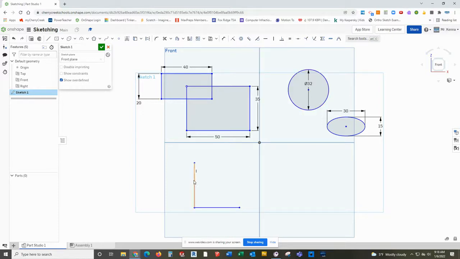Equals is a cool one. So if I click one, I hold the shift key on my keyboard and I click a second one. So you'll see that both lines turned orange. If I click equal, then the relationship that they have, and you can see the relationship when I hover over the line, is that they are equal. So what's kind of cool is if I come down here with my dimension tool and I make this 30,